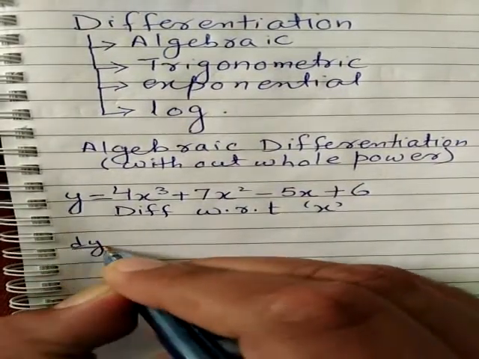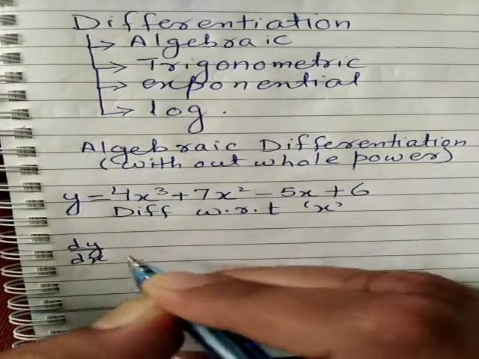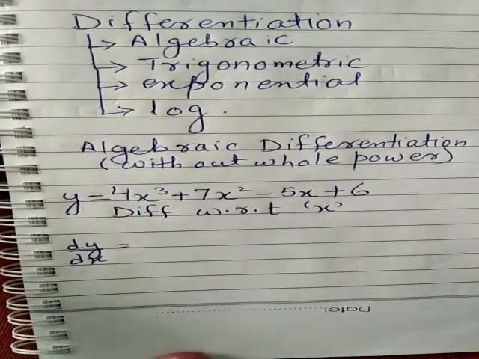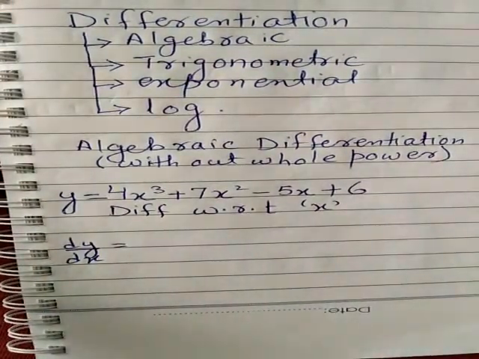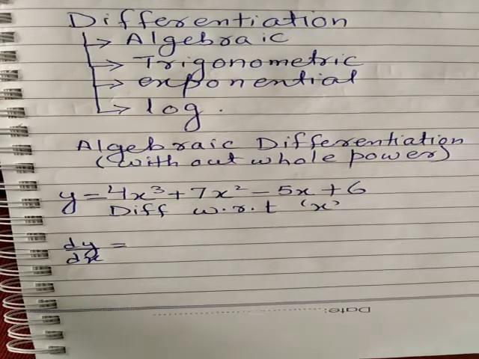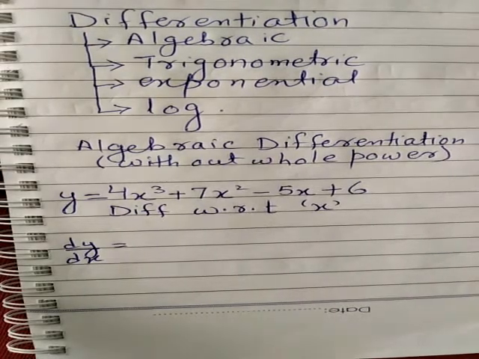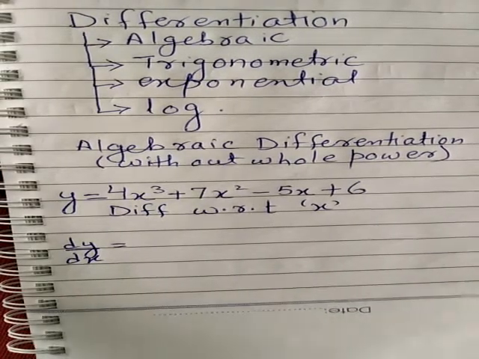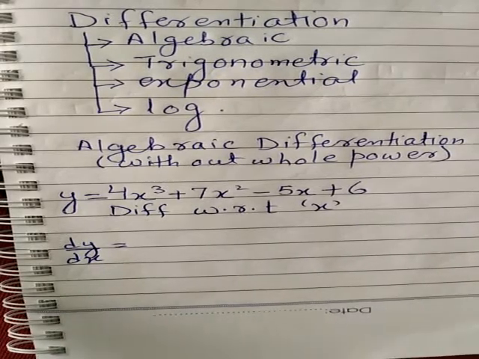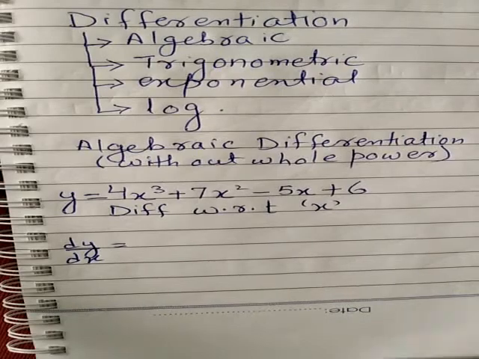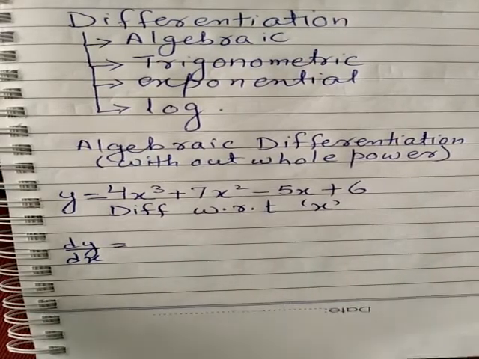First of all, I have told you that dy over dx means differentiation, so I'm writing dy over dx over here. Now how are you going to differentiate it? First, I'm giving you that one, write it. It will benefit you when you solve further questions. There are some steps of differentiation which we are going to follow. Now what are those steps? I'm going to tell you one by one.